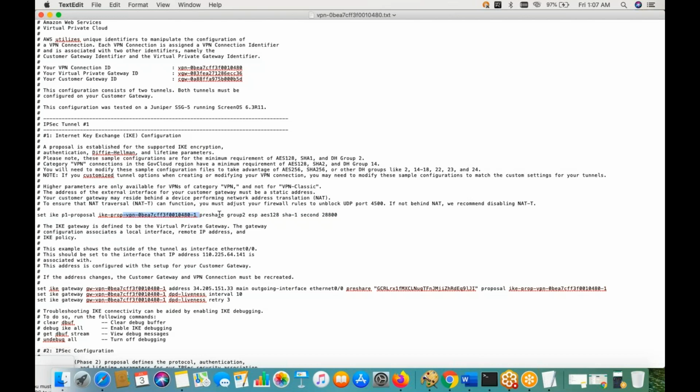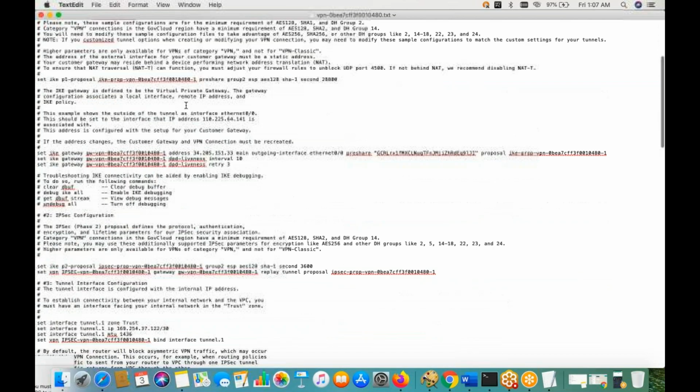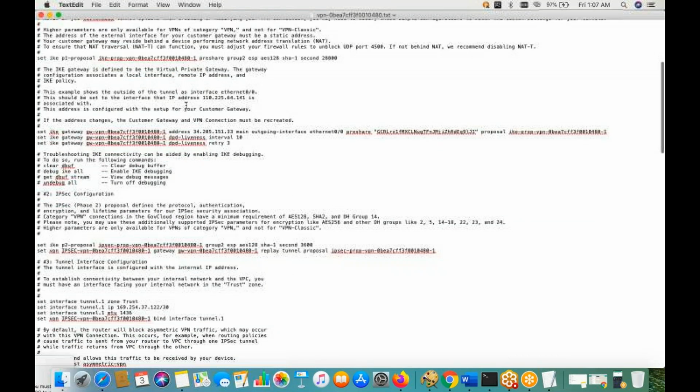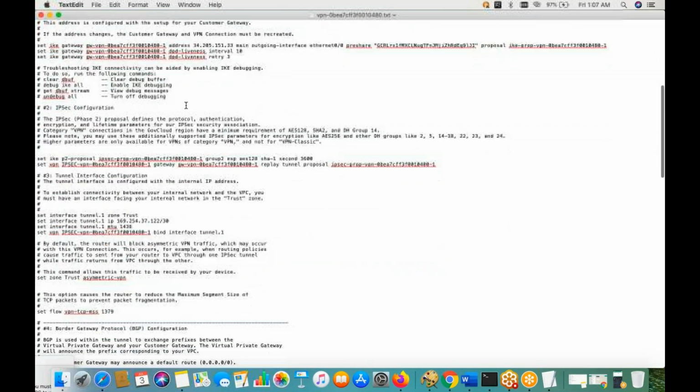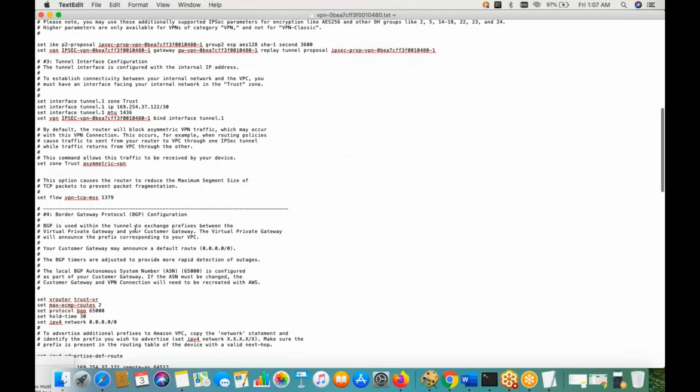You have complete information available which you are looking to share. Your connection ID, virtual private gateway ID, all information is shared step by step here, which the networking person or firewall person in the data center will require to configure the IPsec tunnel, like site-to-site VPN. So you have complete information.